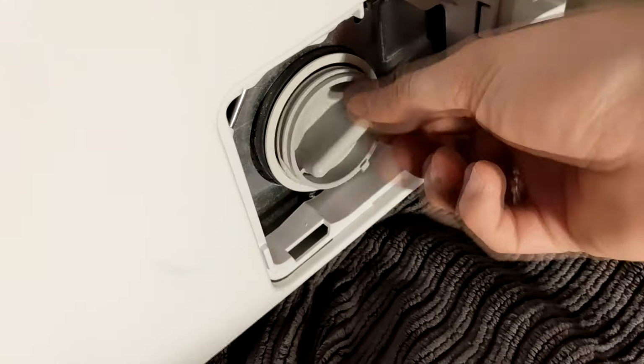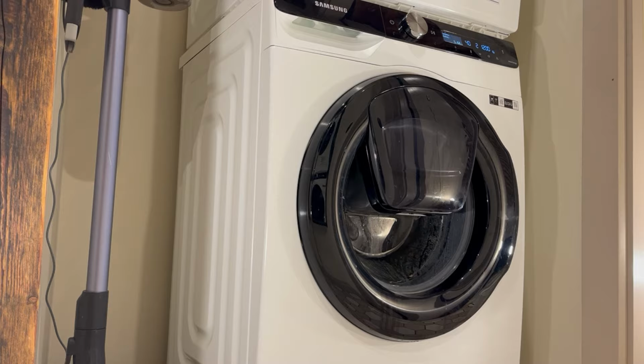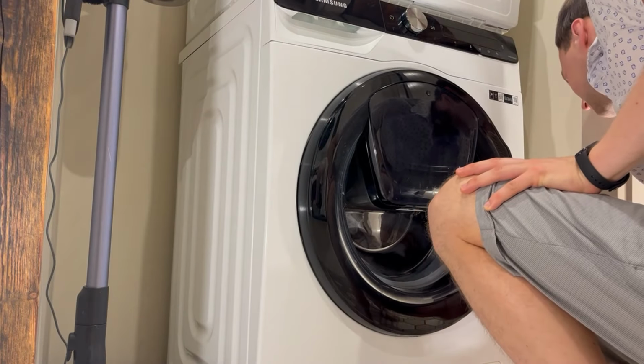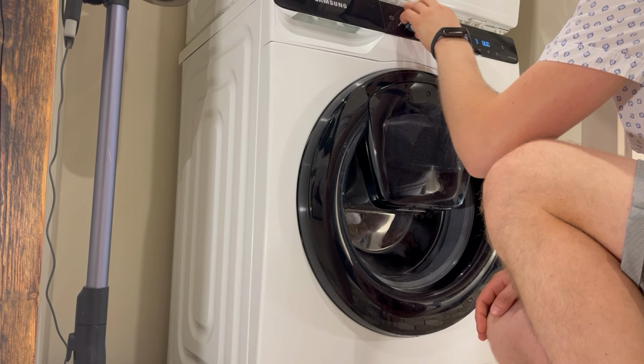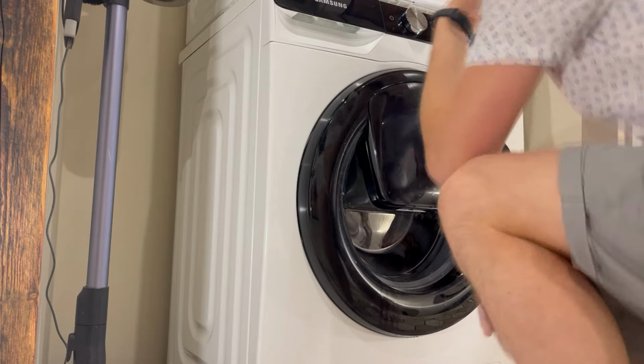Hello, today I will show you how to simply clean the dirty filter of a Samsung washing machine, step by step, ensuring your washer runs long and trouble-free. Children also like to do this job because sometimes you can find money that has fallen out of jean pockets